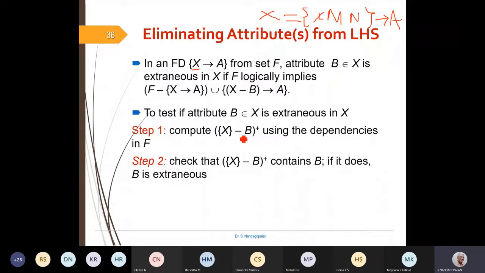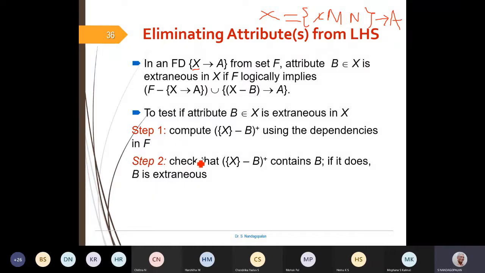After removing B, you are left with some attributes like M and N, and you find the closure of that using whatever FDs you have in F. So first find this, that is step number 1. After removing B, which you feel could be redundant, for example L, I want to check whether it is redundant or not. After removing it, I am left with MN, so find its closure.